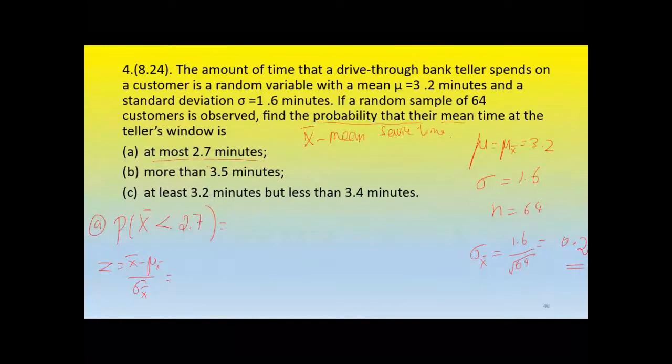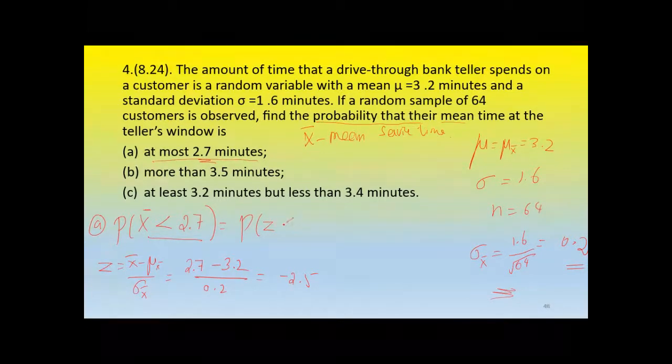The sample mean, that is x bar, is given here as 2.7. So 2.7 minus mu, x bar is 3.2, over 0.2, which is sigma x bar found here. The answer is z equals negative 2.5. If x bar is less than 2.7, it is equivalent to